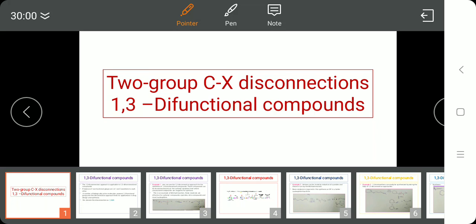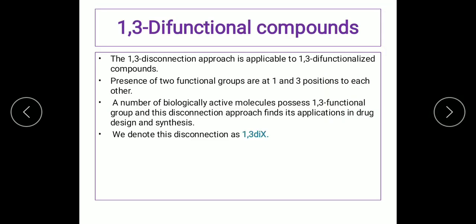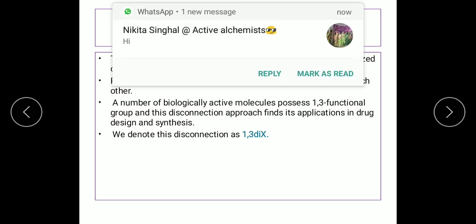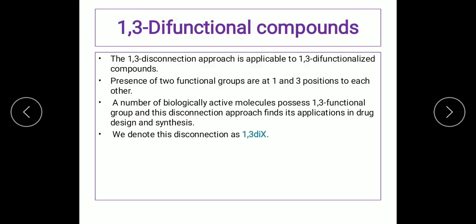Today we will learn group C-X disconnection, in that the third type is 1,3 difunctional compounds. The 1,3 disconnection approach is applicable to 1,3 difunctionalized compounds. Presence of two functional groups are at 1 and 3 positions to each other. A number of biologically active molecules possess 1,3 functional groups, and this disconnection approach finds its applications in drug design